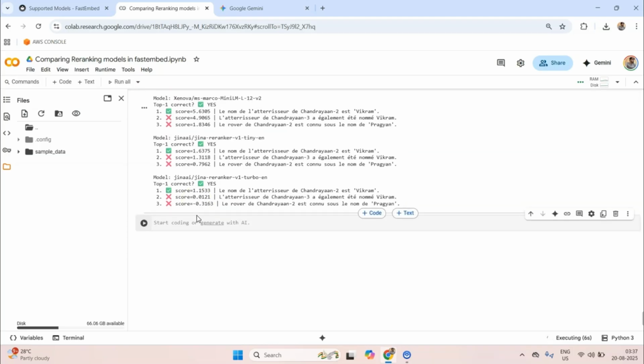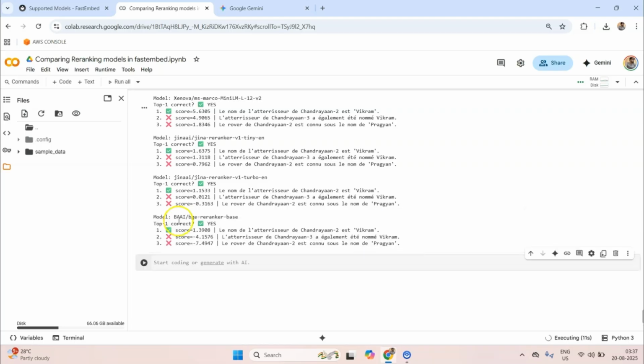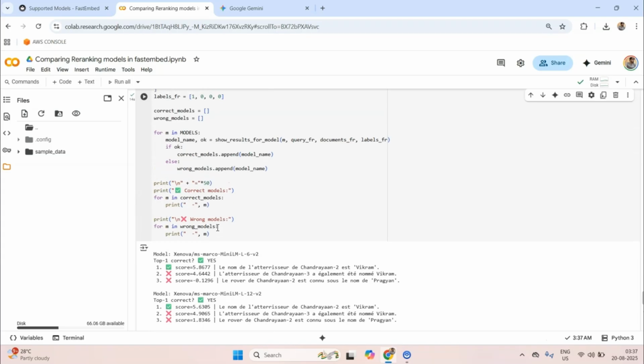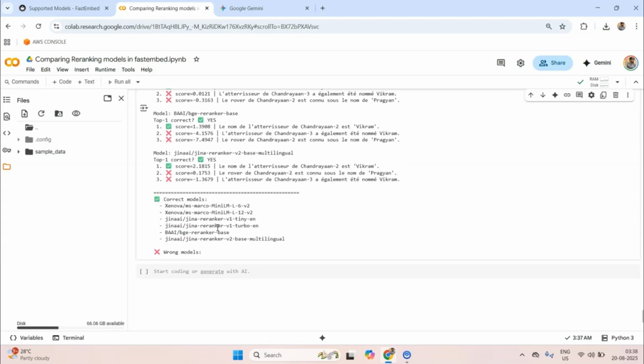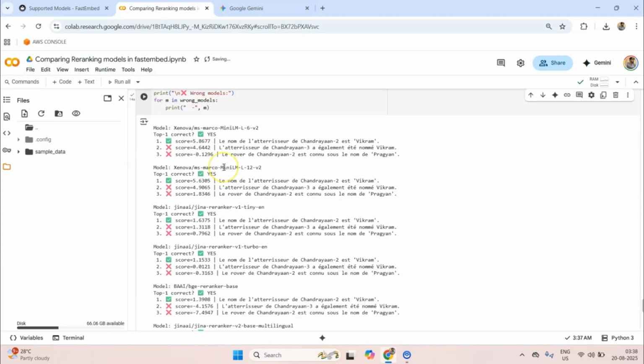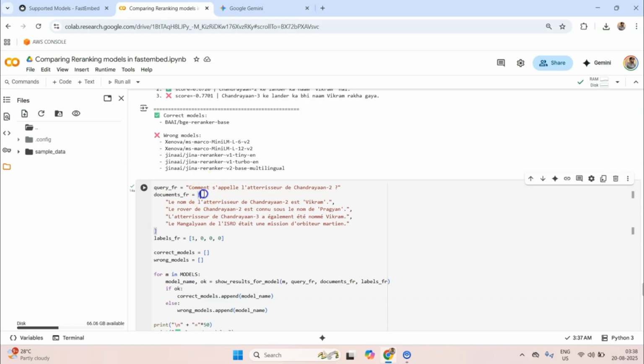Now that we have converted it into French, surprisingly, all of them are correct. All of them are correct. Now it means that the models are correct in French but not in Hindi.